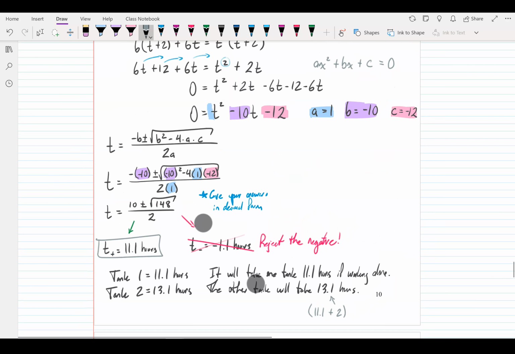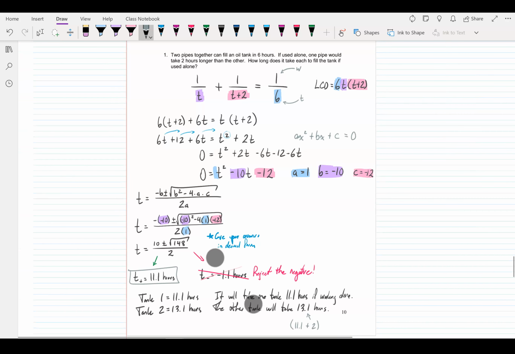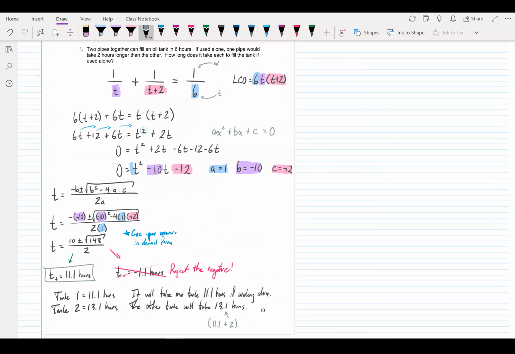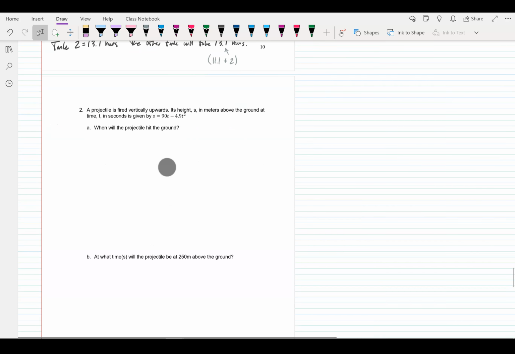So lots to chew on there, right? You had a word problem that you had to figure out. You had to make the equations for it. You had to use your LCD to work out what it's going to be, to cancel out those fractions. You needed to get that into quadratic form, and then you could use your quadratic formula here. And then you had to reject the negative answer and then finish the question. So lots and lots to chew on. Hopefully, by seeing this, you'll be able to handle one like this in the future. And I went through it quickly, so make sure you take your time and go through every single step